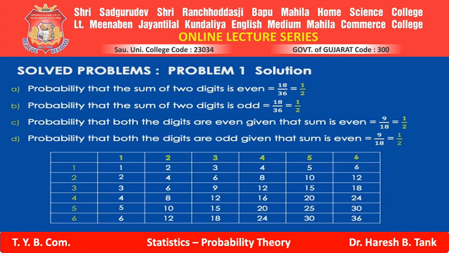So again make a table. In that table, last time we filled all the places by sum. Now try to do it with a multiplication. So row wise 1 and column wise 1. 1 multiplied by 1 becomes 1. Row wise 1, column wise 2. 1 multiplied by 2 becomes 2. Similarly, fill all the places, all the cells. These are called cells. This becomes a table. Now let us address the next question.